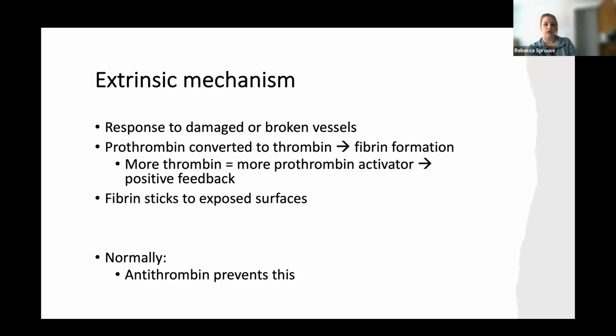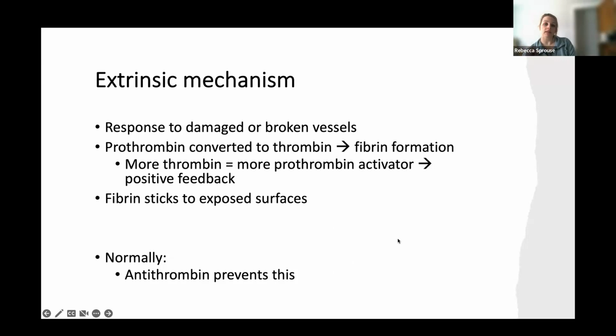So in a normal person, why don't you form blood clots all the time? Because all of these things are circulating in your bloodstream all the time. We also have something called antithrombin that prevents it. Our blood vessels are naturally very smooth on the inside. Fibrin likes to stick to jagged and rough surfaces, like if your blood vessel was broken, or if you have